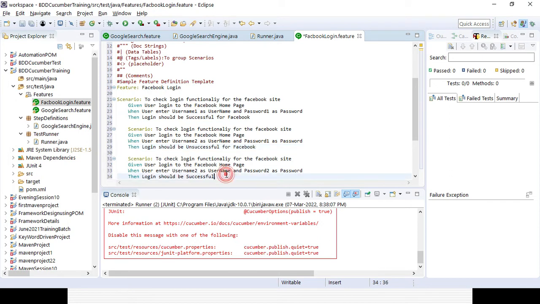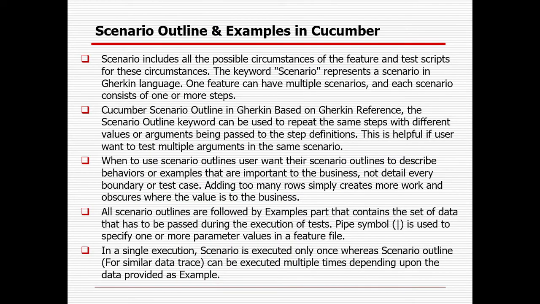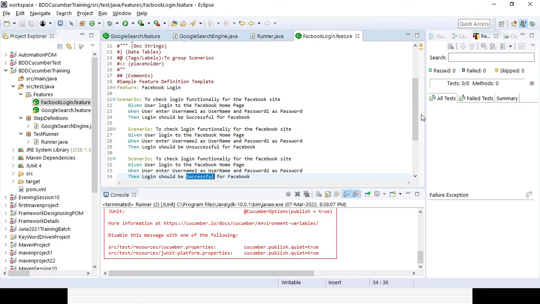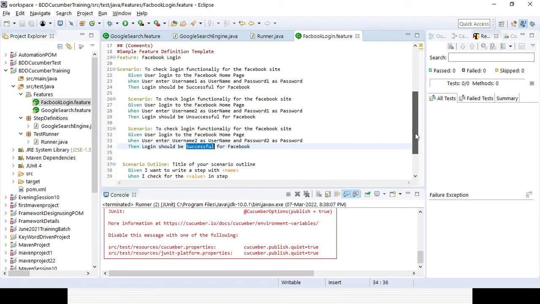So we have written 3 scenarios here, where we are just changing the login name, and this is the status we are changing, successful or unsuccessful. So here, instead of writing the condition so many times,